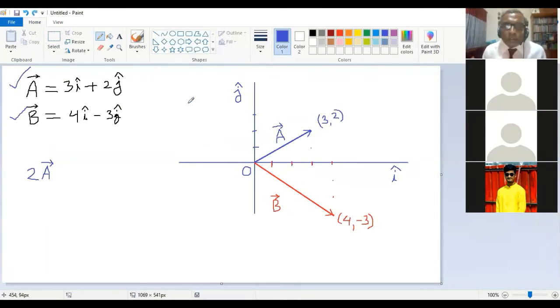It is okay. So just for example, say we are saying this is the a vector and it is Dhaka to Sylhet. Don't worry about that. So what is 2a? 2a means the Dhaka to Sylhet direction will be same, but the velocity will be double. 2 times double. 6 and 4. Exactly. So in this format, you will just multiply 3i 2j by 2. So it will be 6i and 4j.